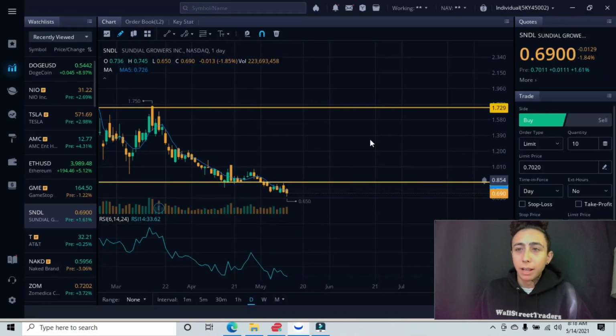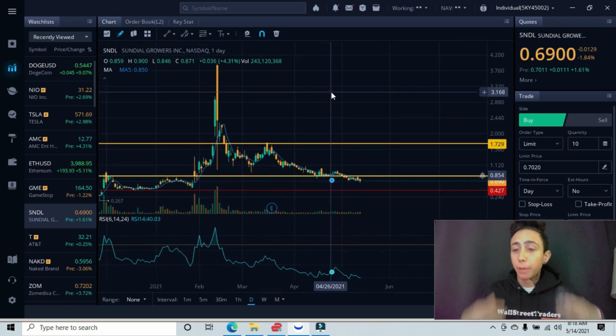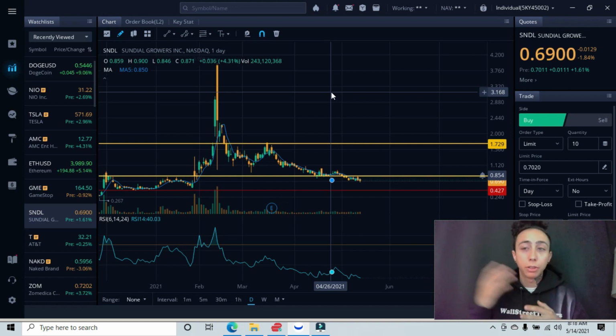Next up is SNDL or Sundial. I have my lines and graphs already set. We're starting from a higher time frame, that being the daily interval. This allows us to find our targets, our entries, our support and resistance lines, and all this good stuff. Yesterday we closed down almost 2%, and now we're up almost 2%